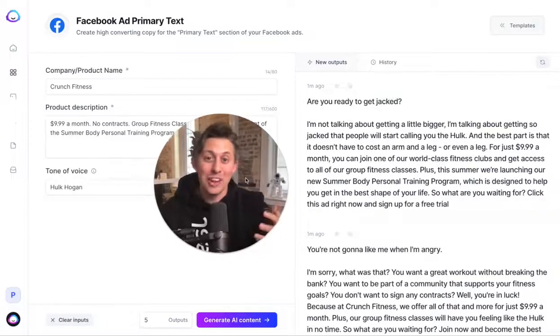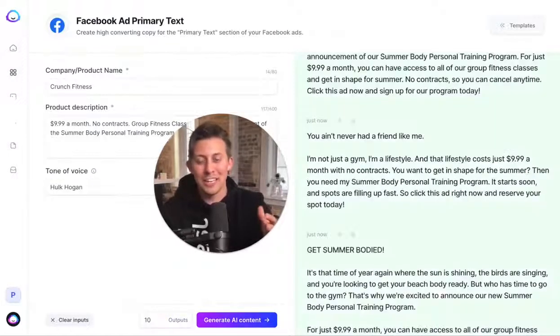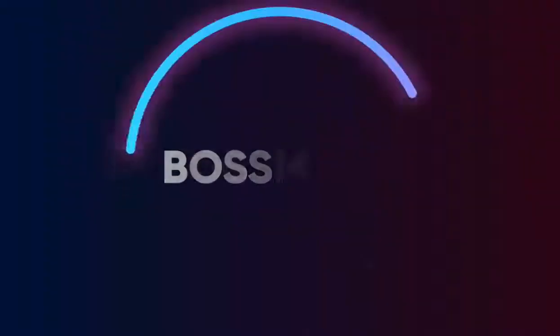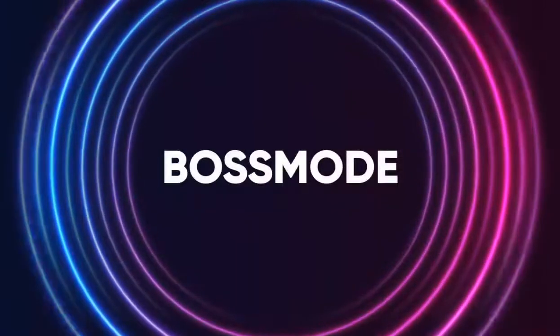And if you really want to try and generate a lot of ideas, maybe you're doing testing for your ads, then you can crank this sucker up to 10. This is perfect if you're trying to create ideas at scale, or you just haven't had your coffee yet and you're feeling a little lazy. So that's some of the cool features you get on the starter plan. Let's hop into boss mode where you get access to documents.